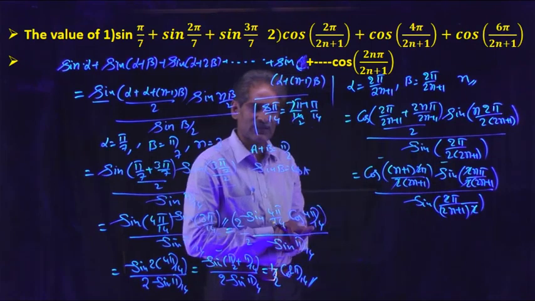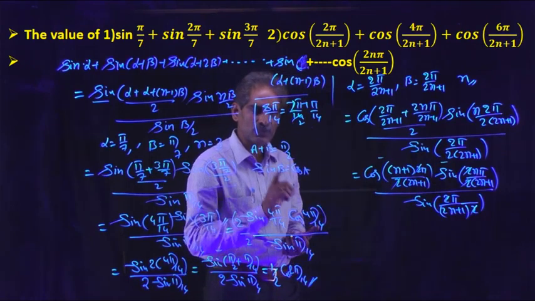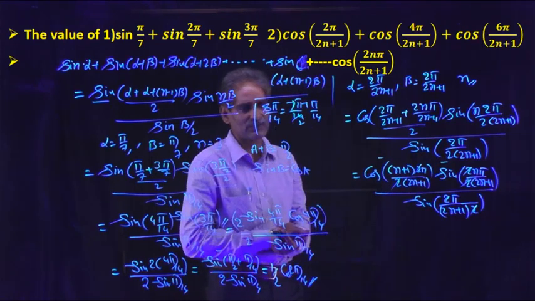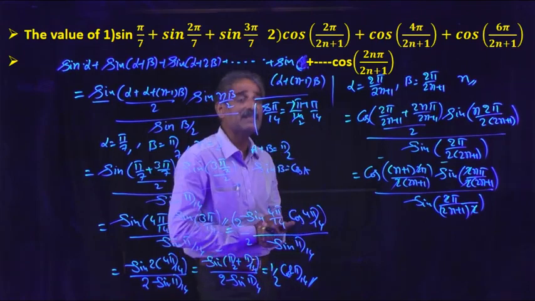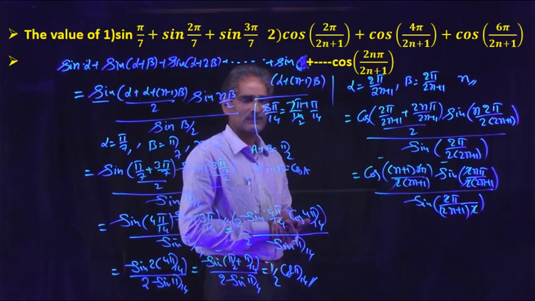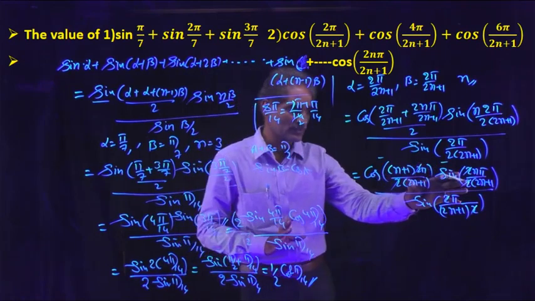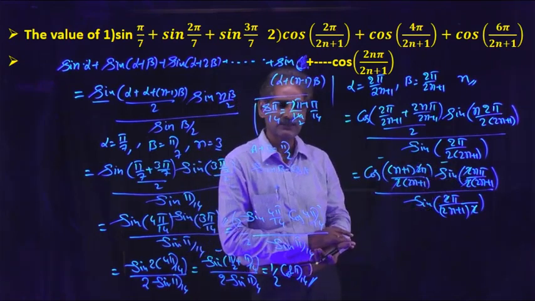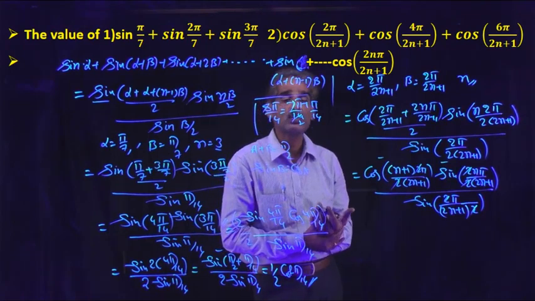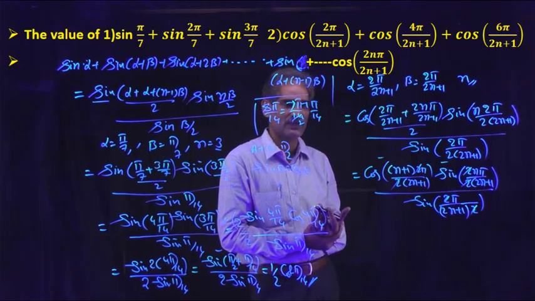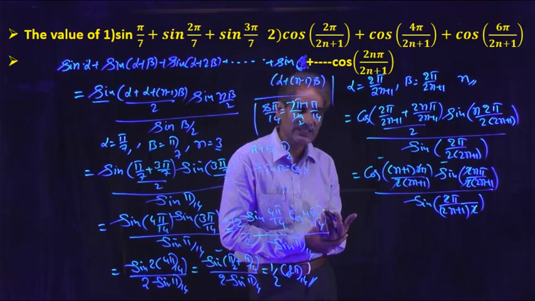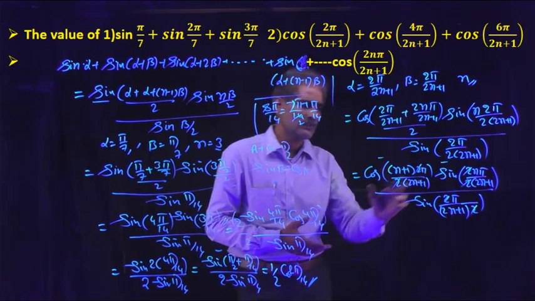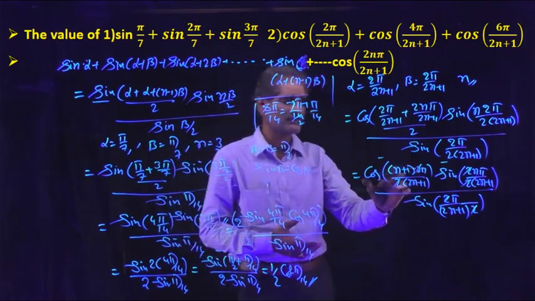There is a formula for 2 cos A sin B, that is sin(A plus B) minus sin(A minus B). Otherwise, if you change these two angles into one angle form, that means sin theta into cos theta, then we can apply the 2 sin theta cos theta formula. Okay, understand? So here, just observe that.